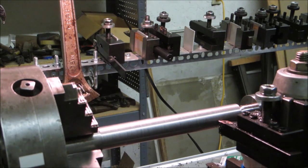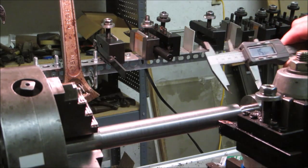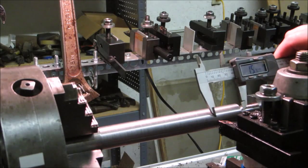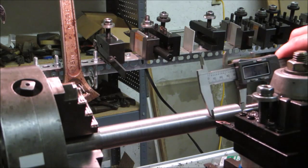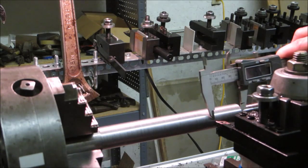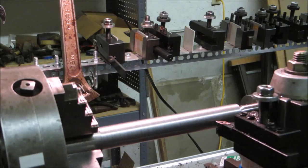is the part, the support arm for the Atlas mill, rides on the shaft, and it's about 1.57 inches long on the one that I'm copying, which doesn't have to be exact, so we're just going to kind of eyeball this in here, and then